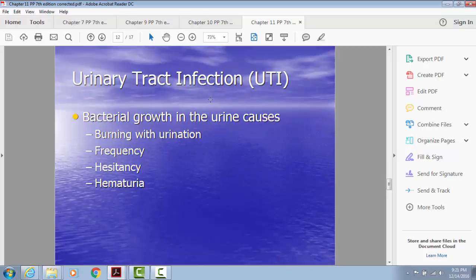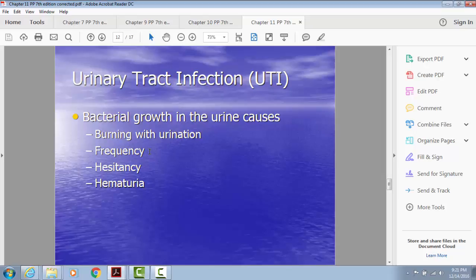Urinary tract infection, abbreviated UTI. Most people have heard of urinary tract infection, and it is caused by bacterial growth in the urine. If a patient has a urinary tract infection, symptoms are burning with urination, frequency, meaning that they have to go